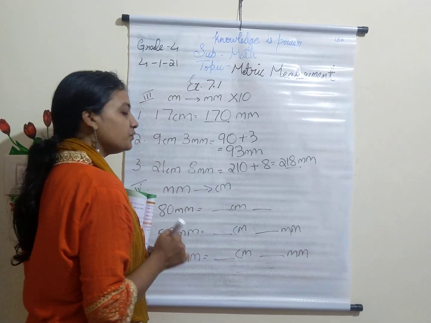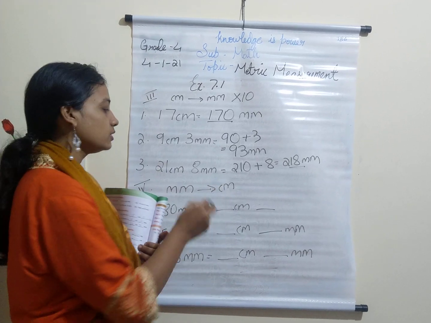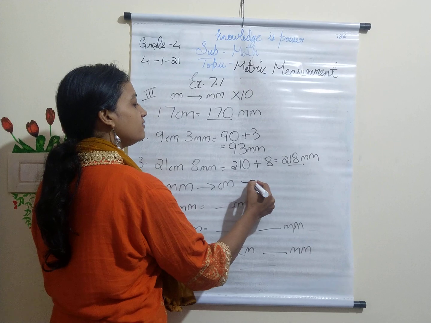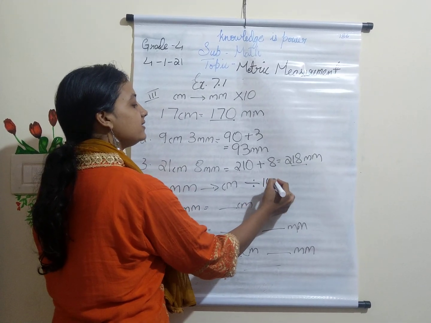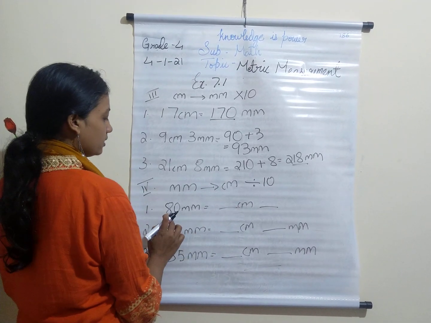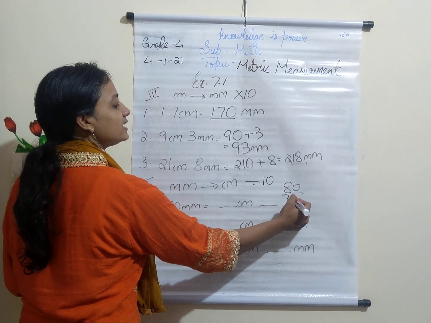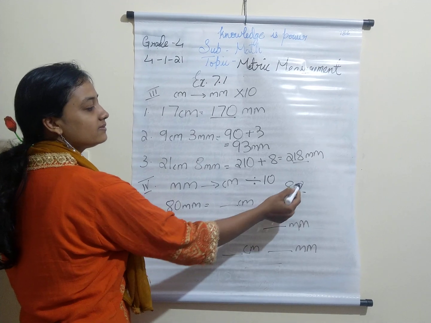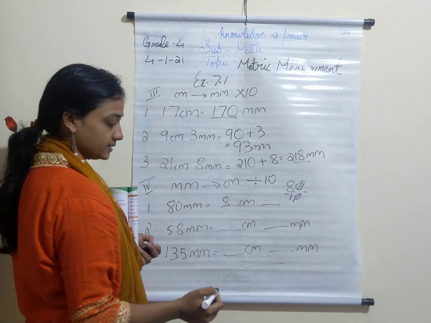Now see the fourth main. The fourth main is from millimeters to centimeter. So small to big. When it is small to big, you should divide, because the relationship is with 10, I have to divide it with 10. So when I am dividing with 10, you have 80 here. 80 divided by 10. This 1 0 and 1 0 get cancelled. Remainder will be 8. So 8 centimeters.